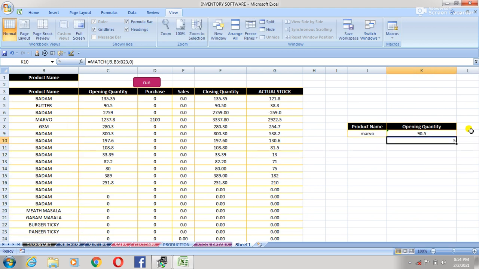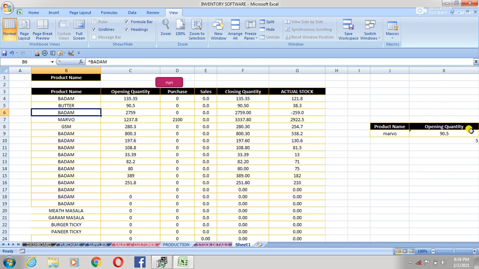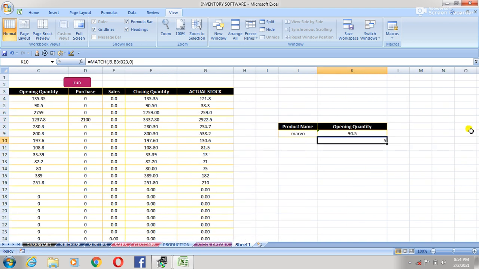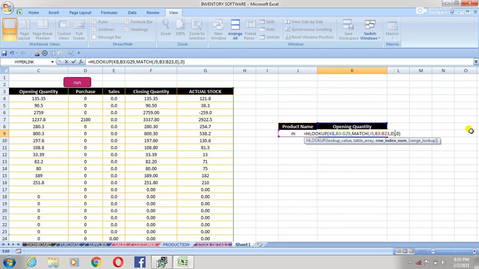Yes, 5. Marvo is in position 5: 1 2 3 4 5. Okay, and apply this formula: Control X in this range, Control V, wait, Control Z and F2, and apply this formula. Control X, enter, and here in F2 replace the 3 with the formula, enter.